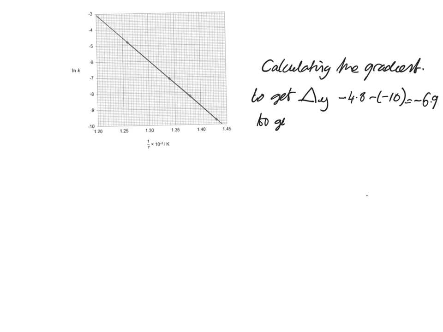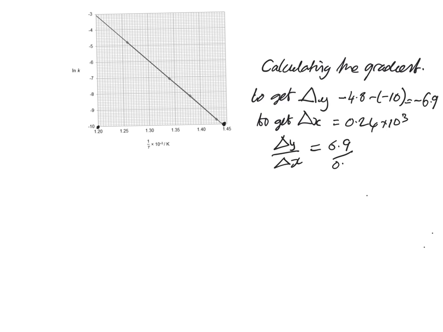To get delta x, take the two furthest points here, and that is 0.24. Don't forget that is times 10 to the 3. So therefore the gradient, delta y over delta x, equals